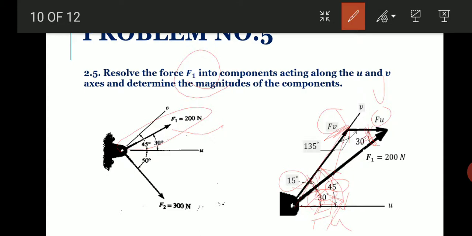We find the two angles. Since we find the two angles, we have to find the third angle by subtracting the two angles from 180 degree. So we get the 135 degree. Now since we get the three angles with one force,